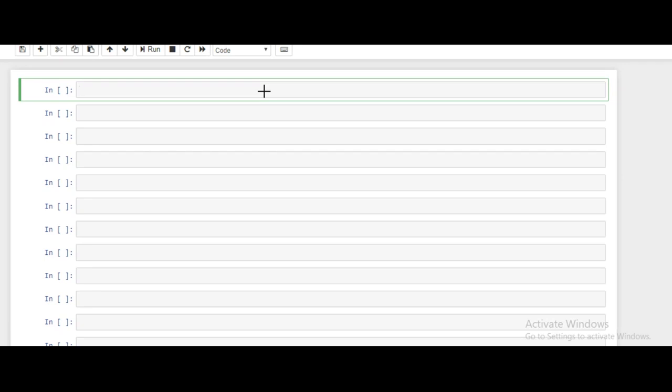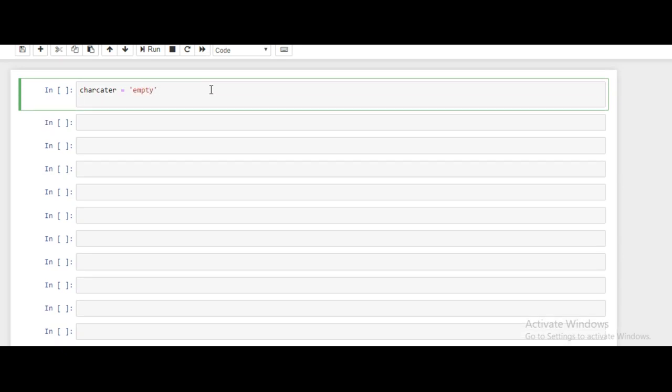First, I'm going to create a variable character and I'm going to assign value empty to it. Now I have to check whether "is" is in this variable or not. How I can do that is by checking the condition on the variable, by using if statement. If "is" in character, what I have to do?